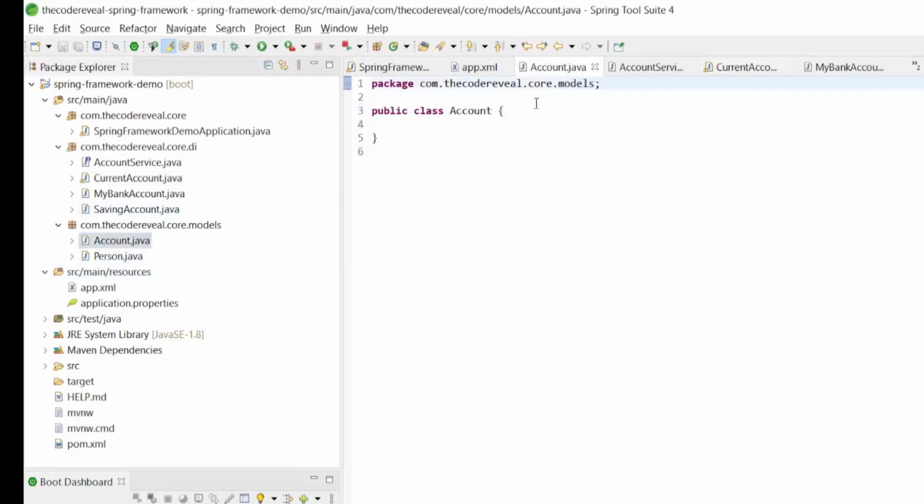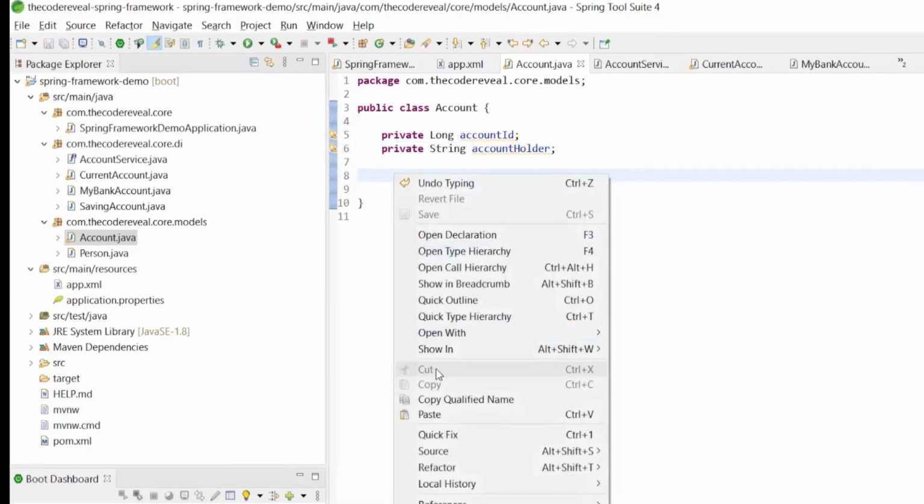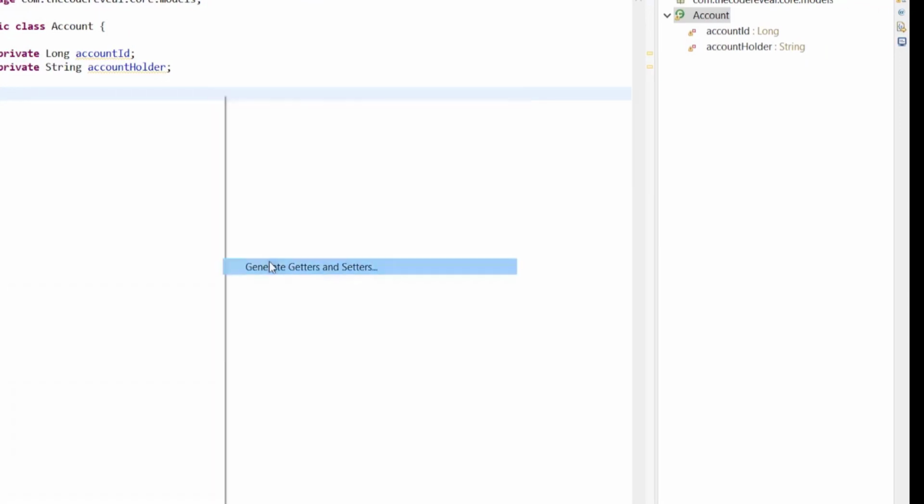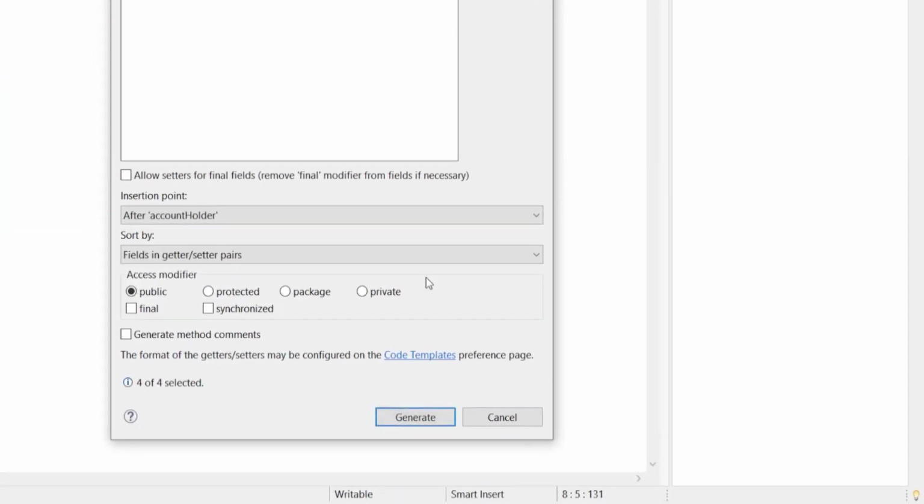In the account, let's define some properties. Private String accountID, account holder, and we'll generate the setter and getter methods.